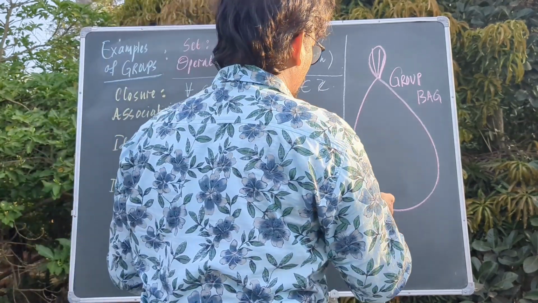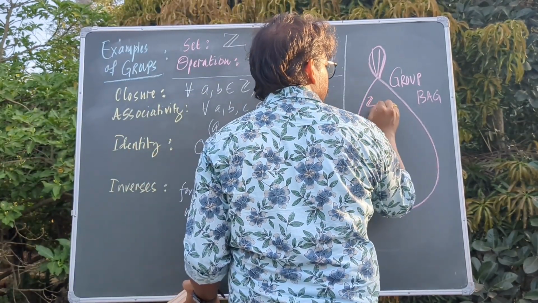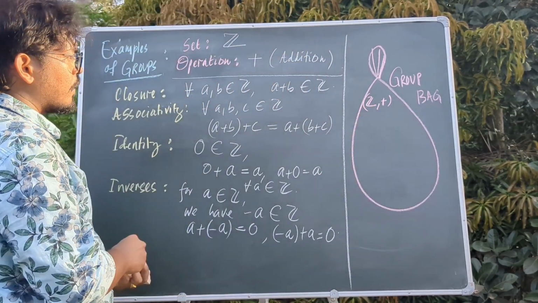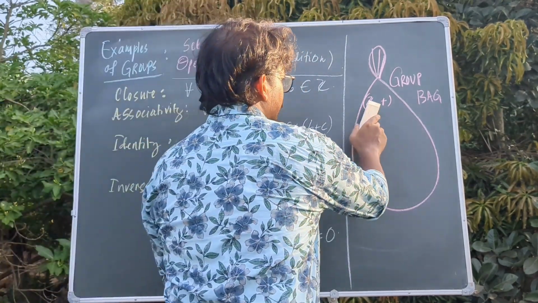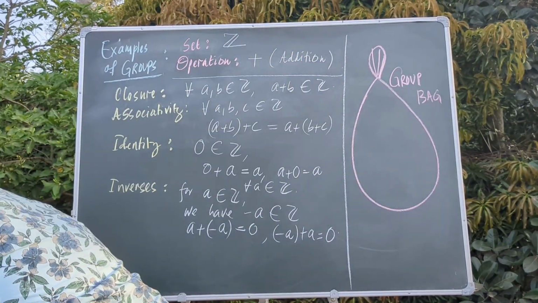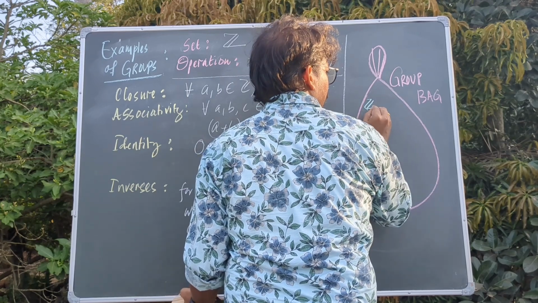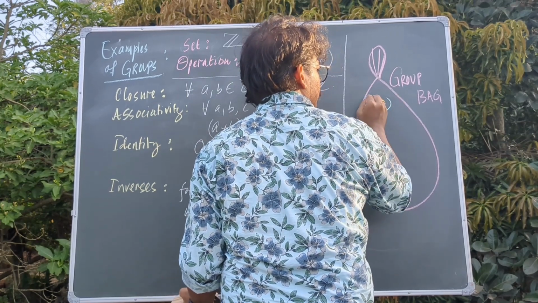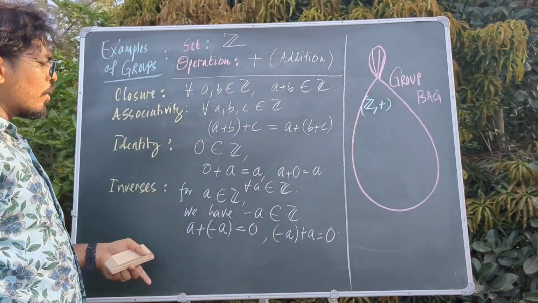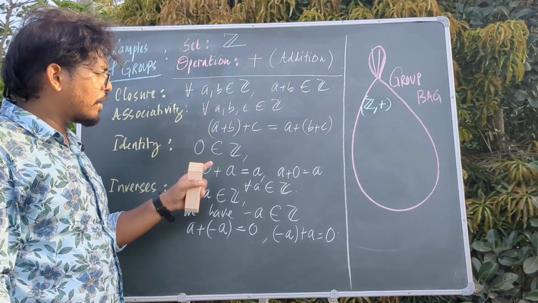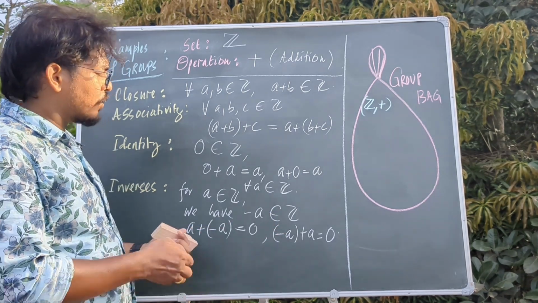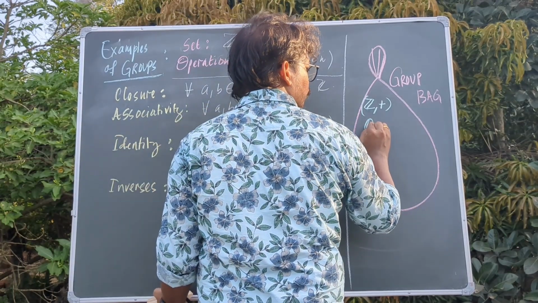So we have in our bag the set of integers with the operation addition, a group element. Let me put it in another color, Z plus, the set of integers under addition. And a similar argument also holds for the set of rational numbers under addition, the set of real numbers under addition, the set of complex numbers under addition. So all these are groups,